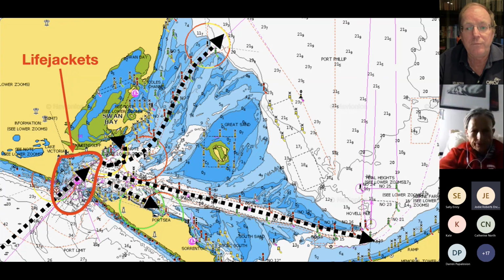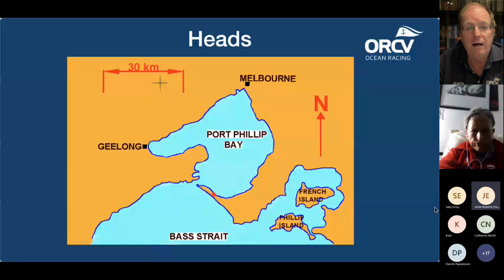Okay, so let's have a look at Port Phillip Bay itself. The reason that the heads are fairly dangerous is because we have this very, very large body of water, and as the tide rises up and down 1.5 metres, it will send a fair bit of water into the bay, but that water builds up momentum and then continues north. And so even though it gets to peak tide at the heads and then starts to drop,